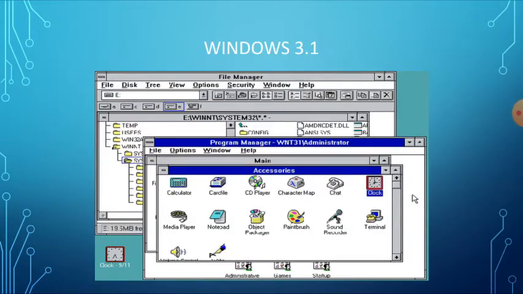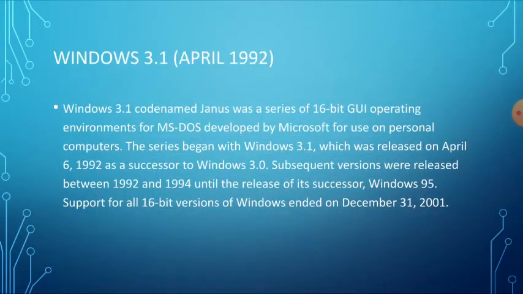Next one is Windows 3.1. It was released in April 1992. Windows 3.1, codename Janus, was a series of 16-bit GUI operating environments for MS-DOS developed by Microsoft for use on personal computers.